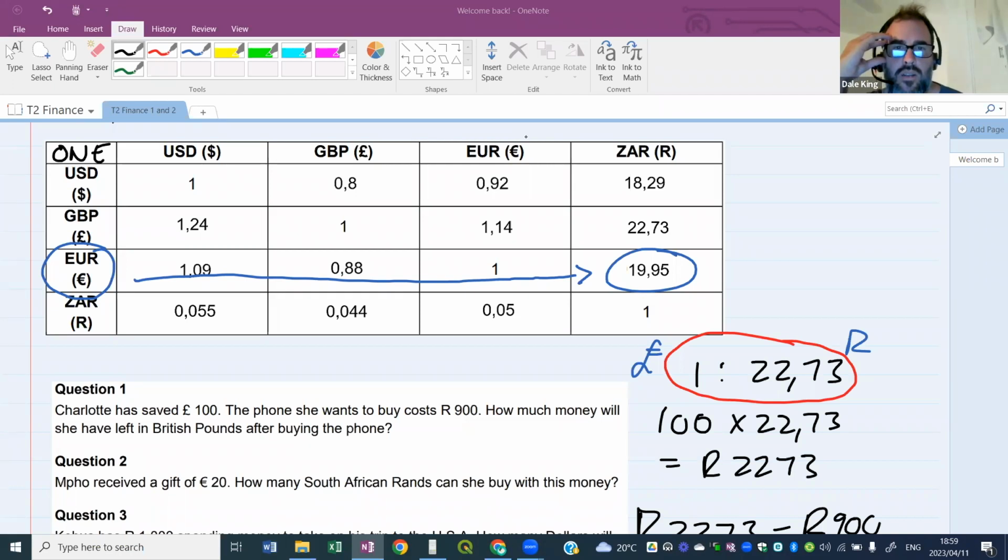Will they give us exchange rate tables in the exam? Good question, Sakila. Sometimes they give it to you in a table format, like this one, so it's important to understand how the tables work. Once you know how the tables work and you get the ratio from there, it's very easy. Often they give it to you as a ratio, or they write it in a sentence like $1 is to 18 Rand, or equals 18 Rand, like you saw Google did. Often it's in a ratio or a table format. That's how they give it to you.